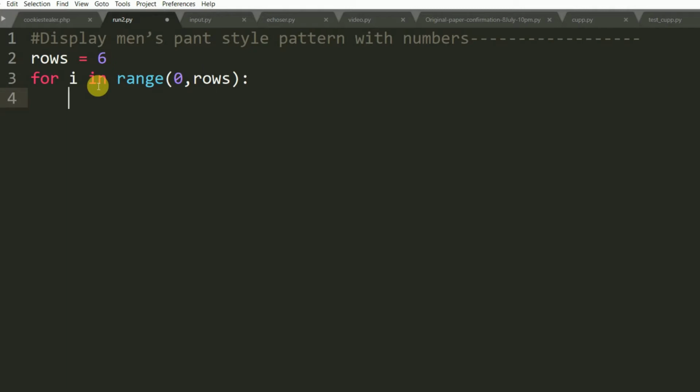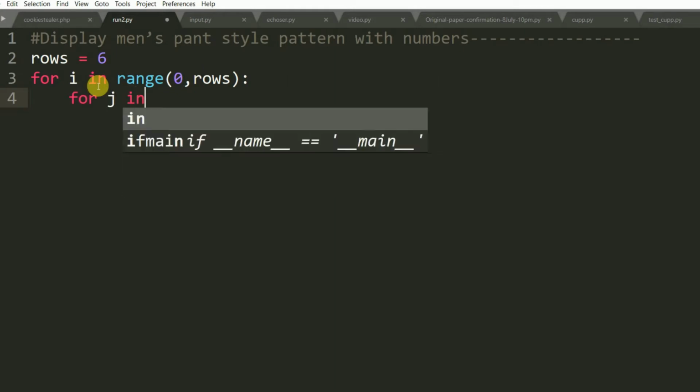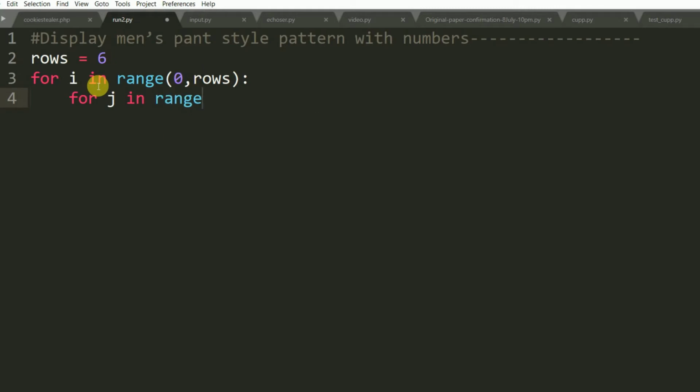Now within this i loop I am creating another loop whose name is j, and this range is starting from rows - 1 and it goes to i. Then it steps 1 value, that's why I am using here -1, then print